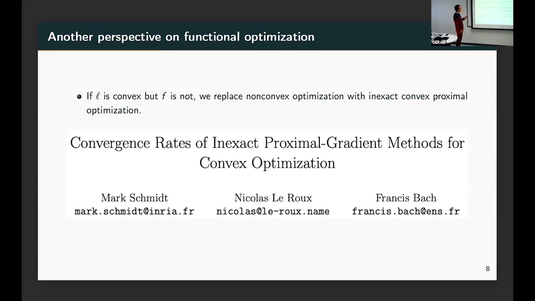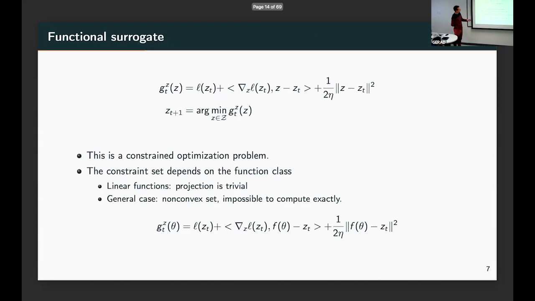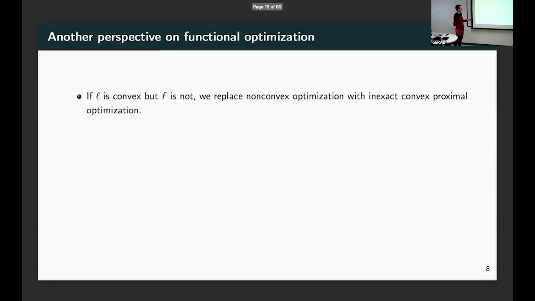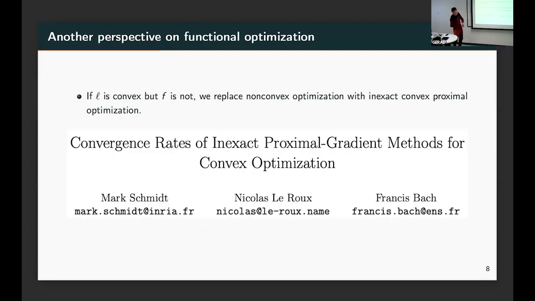Yeah, so if my loss is convex, which honestly in 99% of the cases it is, but my function f is non-convex, which in machine learning now in 99% of the cases it is, then optimizing over theta is basically doing non-convex optimization. Optimizing over f is doing convex optimization because L is convex, but then I cannot solve my projection operator exactly. So I'm doing inexact convex optimization. And it turns out that we had a paper 12 years ago now that tells you exactly how to do this.